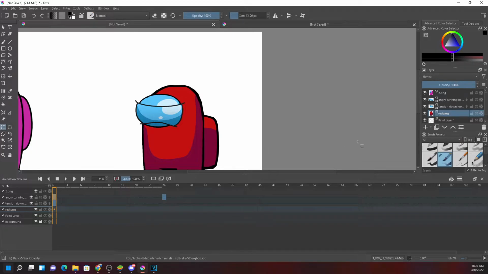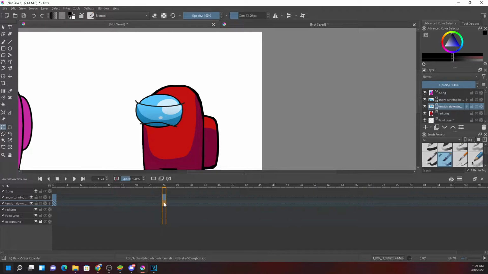Now this is the normal eye. I named it as tension. I have already created a frame, right? At the 24th frame, I need the normal eye to disappear. So what should I do? I go to the 24th frame and simply press delete.